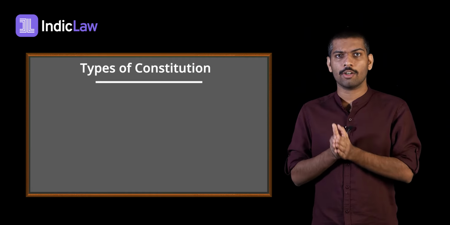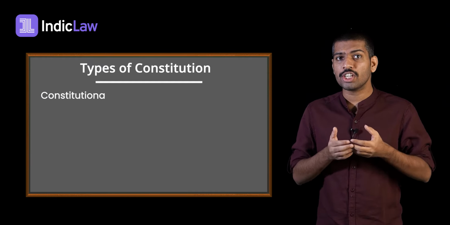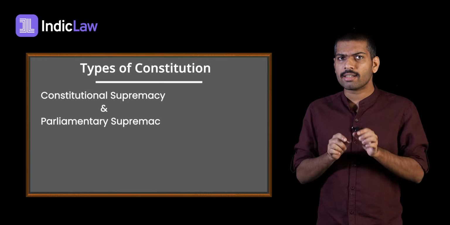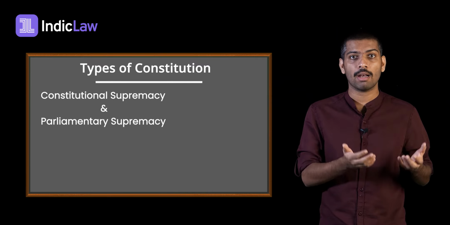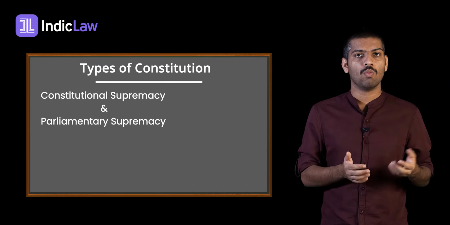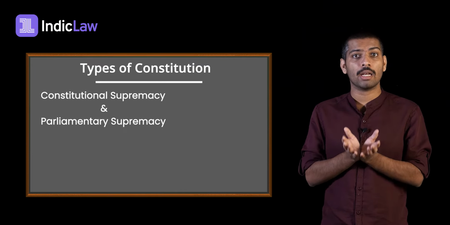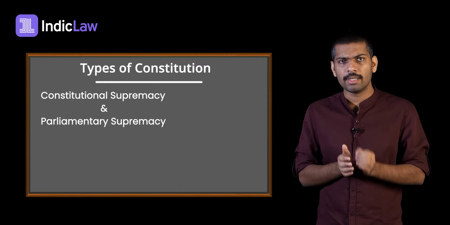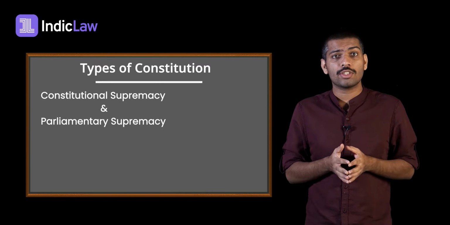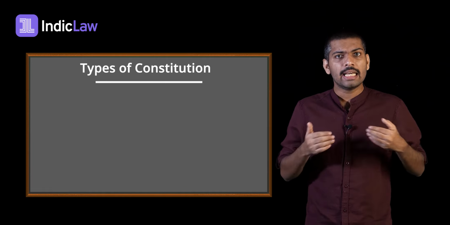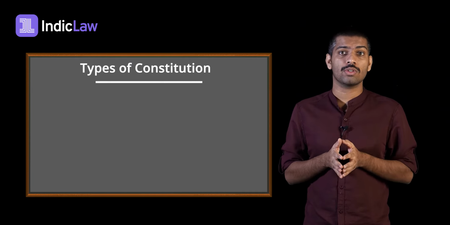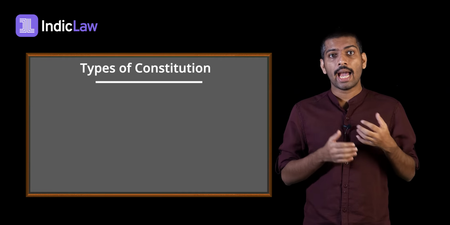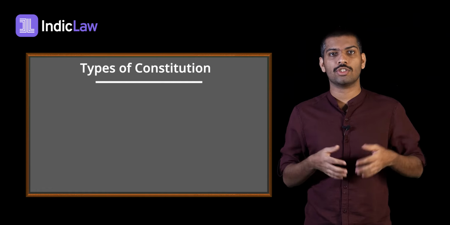In countries with written constitutions, the constitution reigns supreme. However, in countries with unwritten constitutions, the legislative body, such as the Parliament in the UK, reigns supreme, which is often referred to as parliamentary supremacy. Similarly, while unwritten constitutions are generally very flexible, written constitutions are usually rigid. The reason for this goes down to parliamentary supremacy and its limitation under a written constitution.